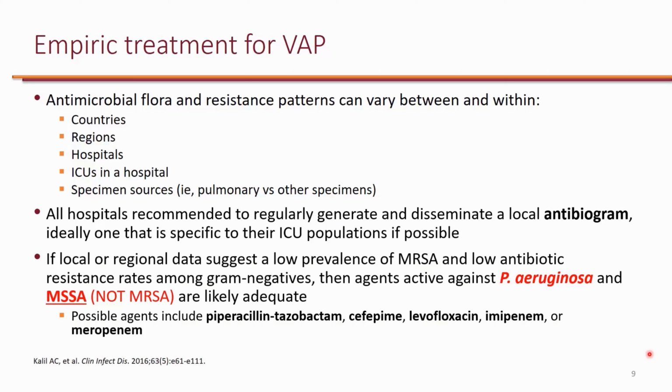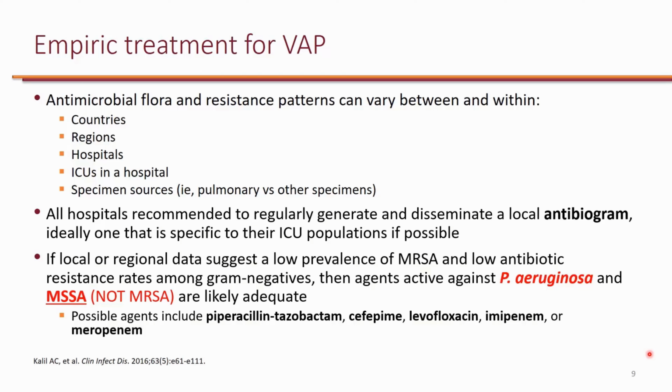Now, one key recommendation from the guideline is that while we want to empirically cover for Staphylococcus aureus, if based on the local resistance patterns it's unlikely to be MRSA, it's probably okay to just cover for MSSA instead of MRSA. Now, in the real world, I haven't really seen any physicians that would not cover MRSA in patients with VAP, but the guideline is making a point that if based on resistance patterns it is unlikely to be MRSA, it's probably okay